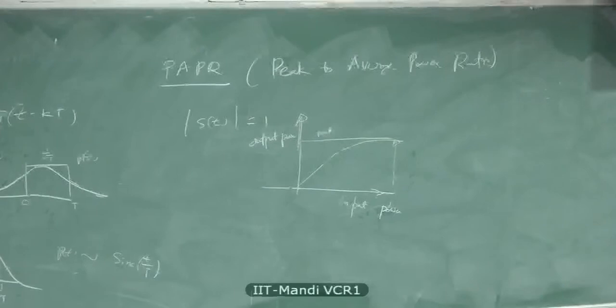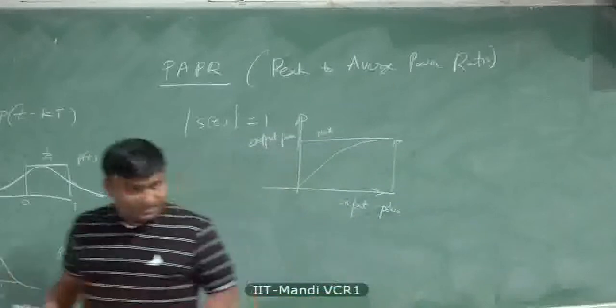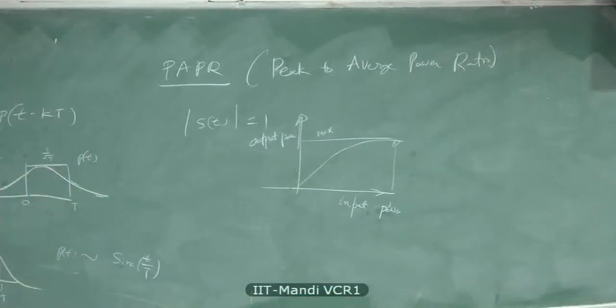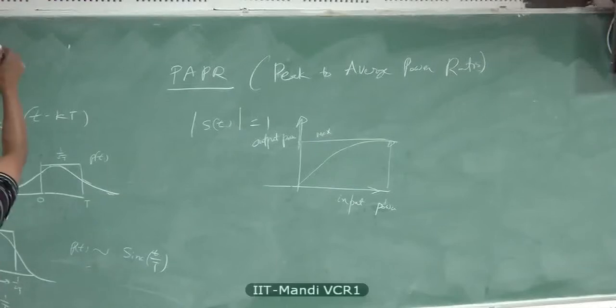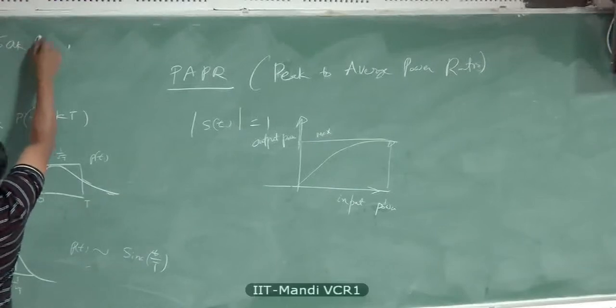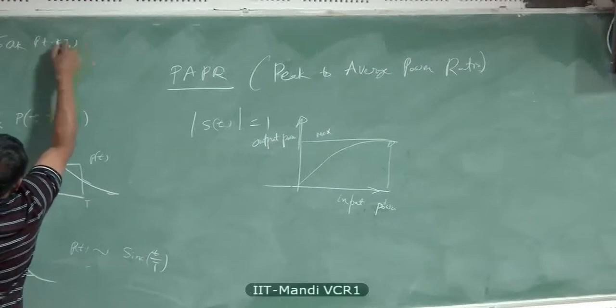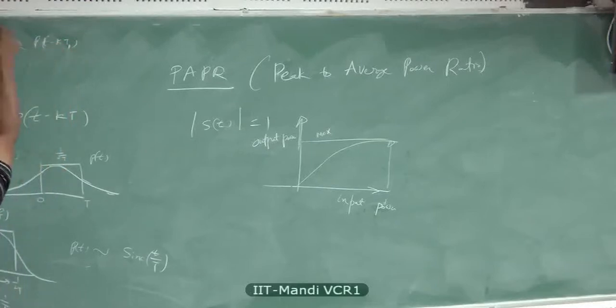Signal will not be distorted. And there is a class of signals which are called continuous phase modulation signals whose envelope is always 1. How do you get one? Well, FM, digital FM. S of t equals e raised to j times the phase. Analog FM, like an equivalent, you can consider digital FM. Its envelope is always 1.